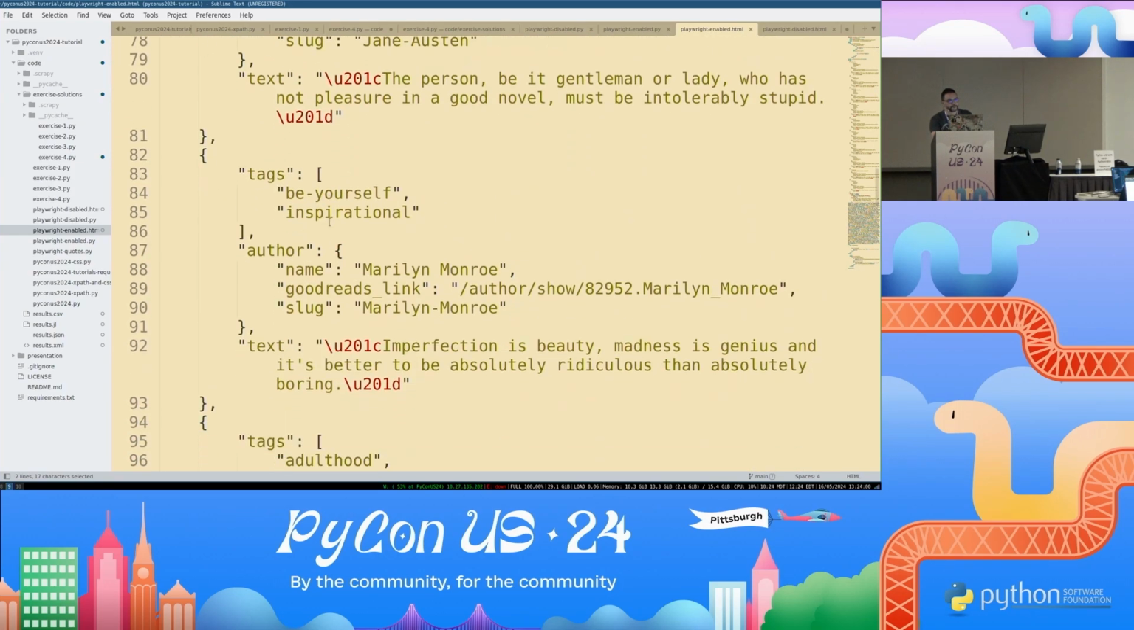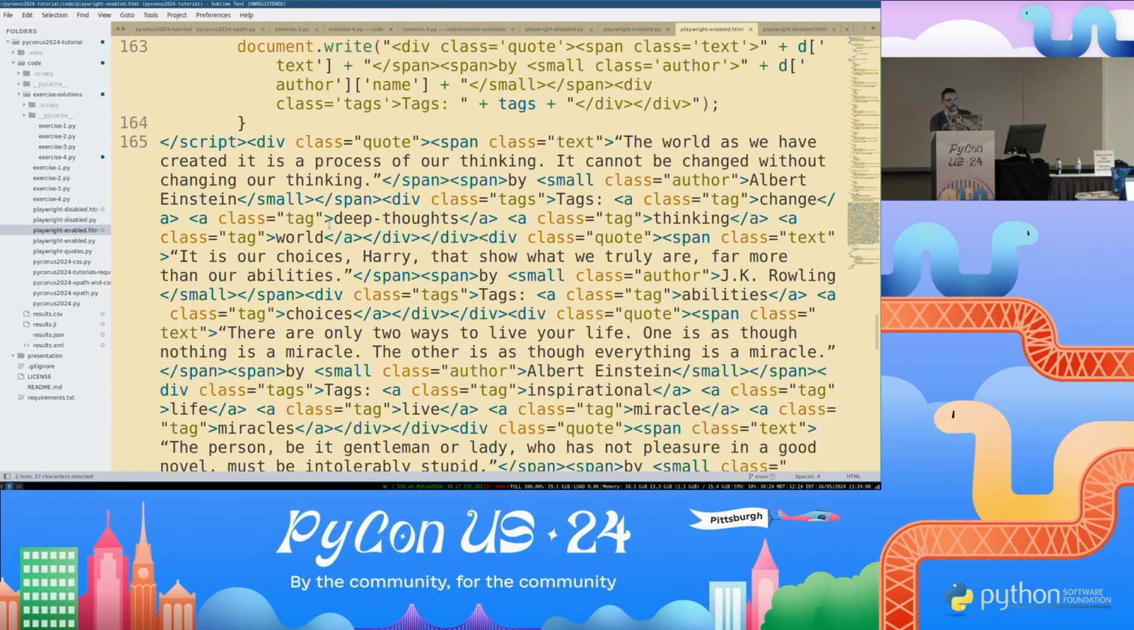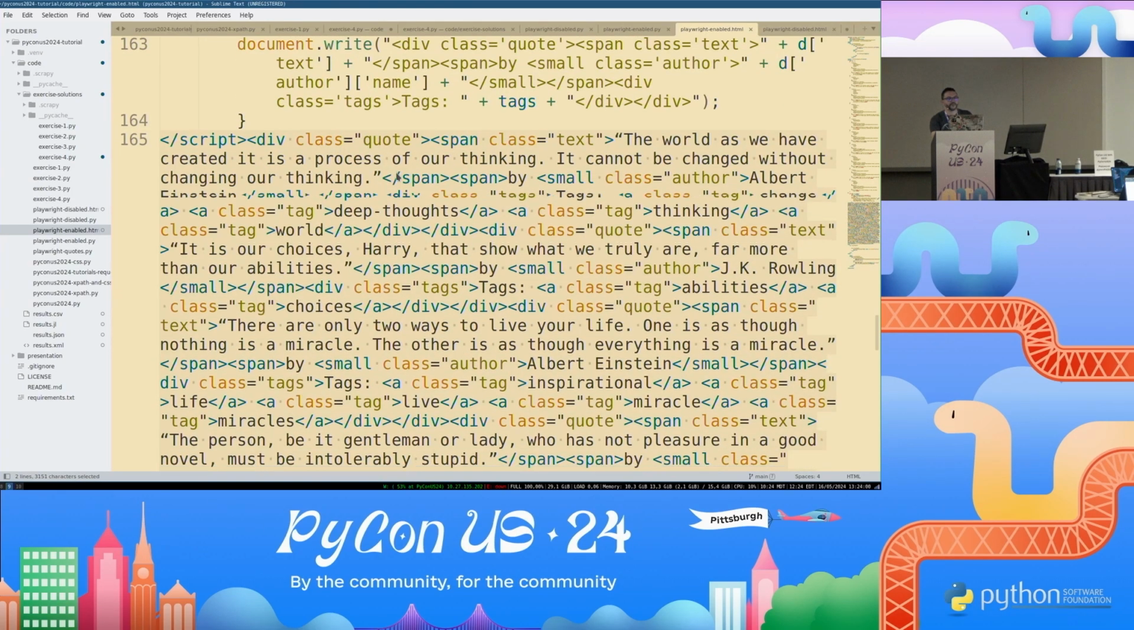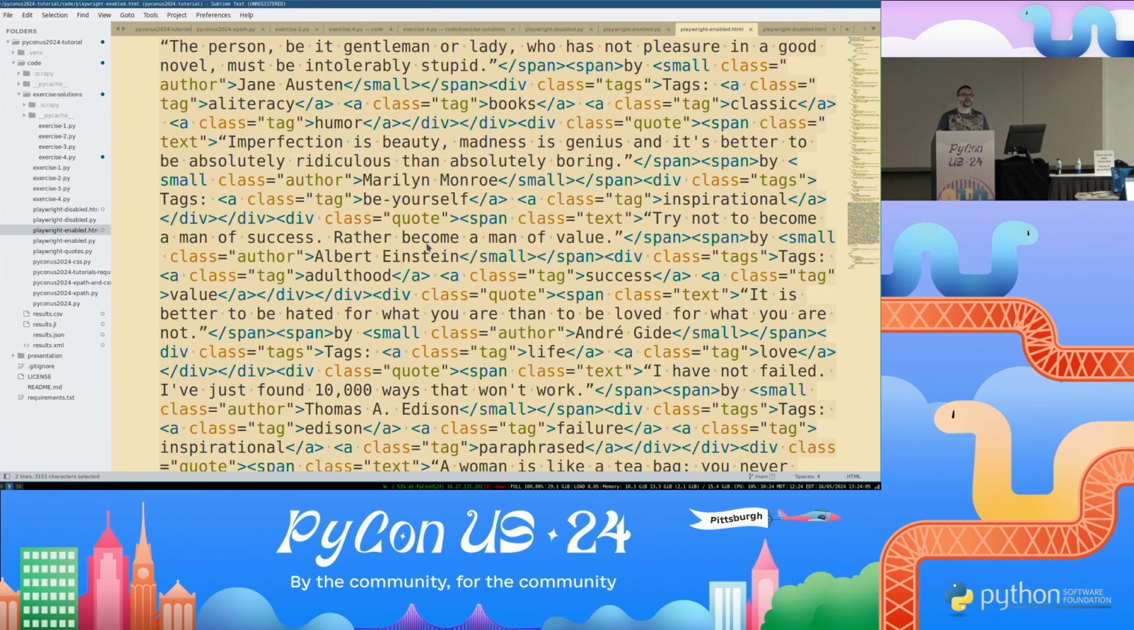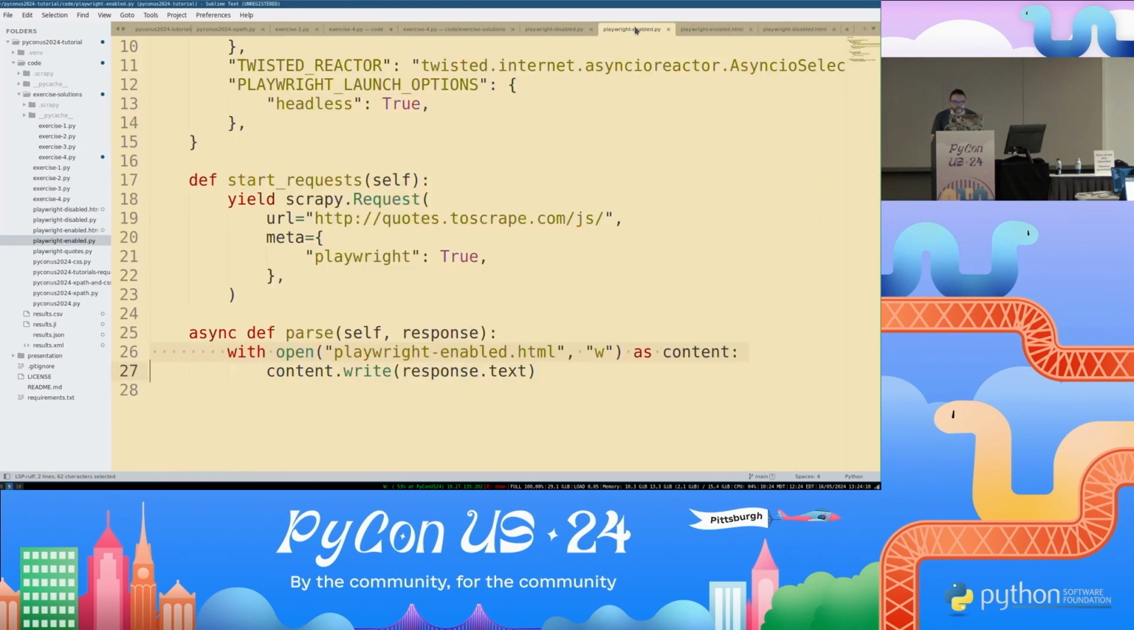Okay, but here we have the rendered content. And because of that, I can use the regular CSS and XPath selectors on the response to manipulate and get the information that I want. If I turn headless false, I don't want it to be headless,